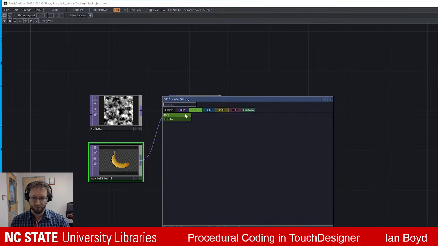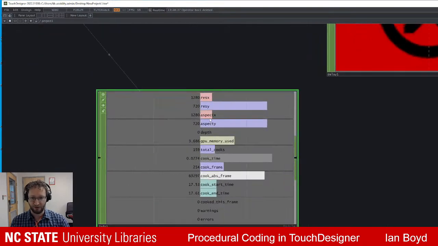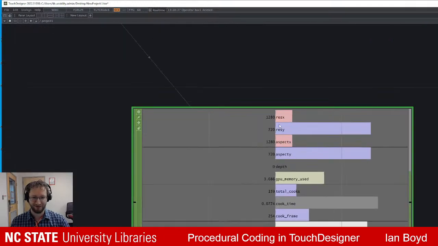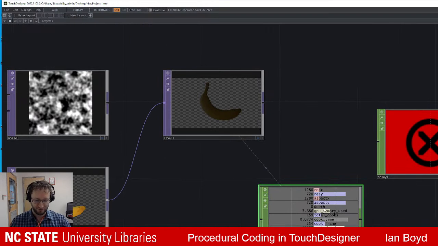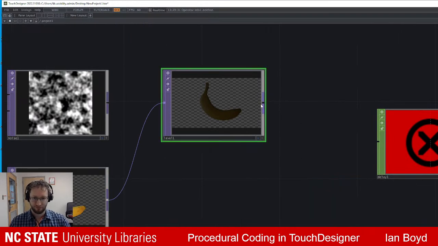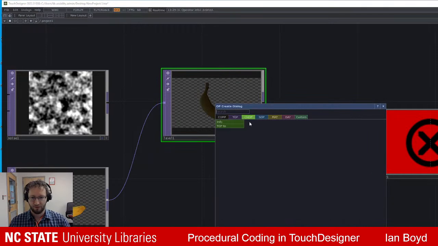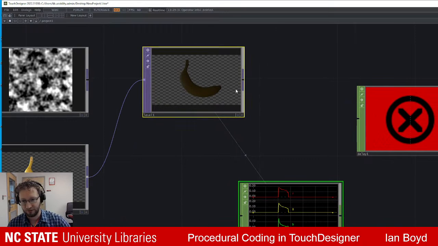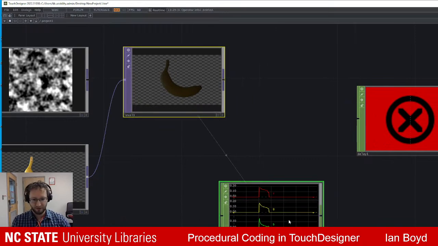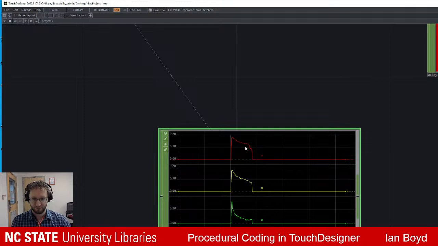But if you go to CHOP, you have Info, which will just tell you facts about your node, like the resolution, the memory using, things like that. But you can also output it as a TOP to CHOP. What that's going to do is take that texture data, pixel by pixel, and export it basically to channel data. And then it's going to represent it as R, G, B, and A channels. And what you're going to see,